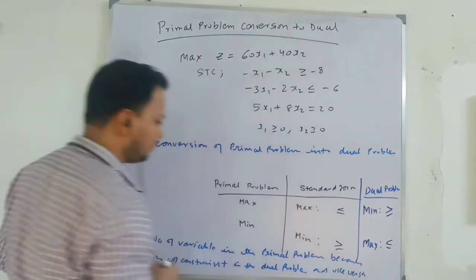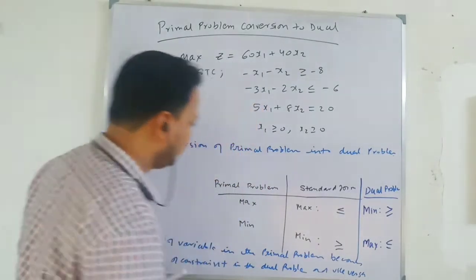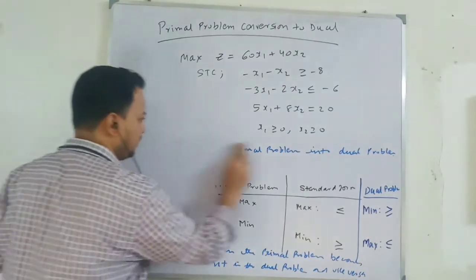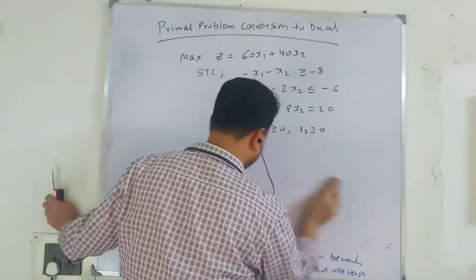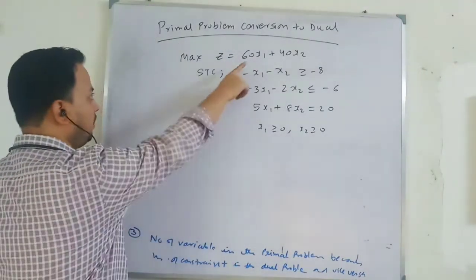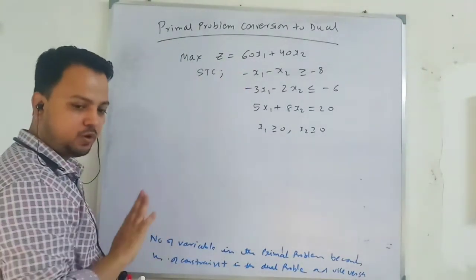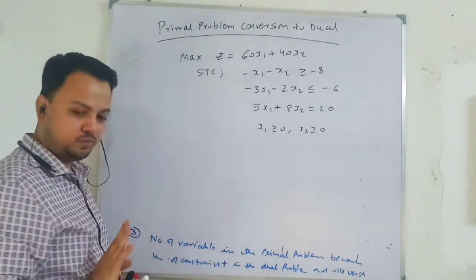Okay. So I love this part. I think everyone has written. I am repeating. I didn't fill up this part. So what I am saying is that when we are setting a dual problem, the number of variables that you have in the primal problem will become the number of constants in the dual problem.